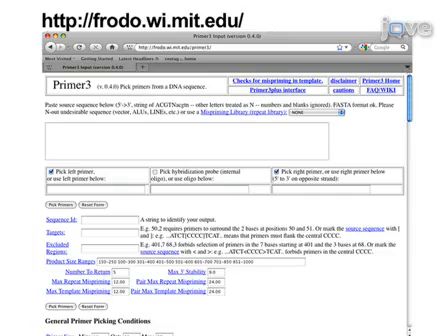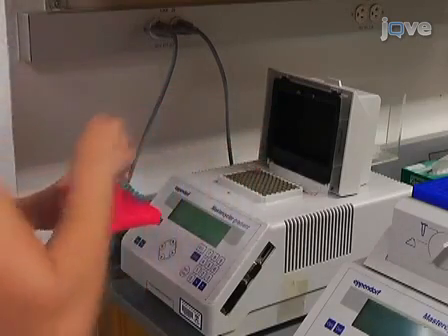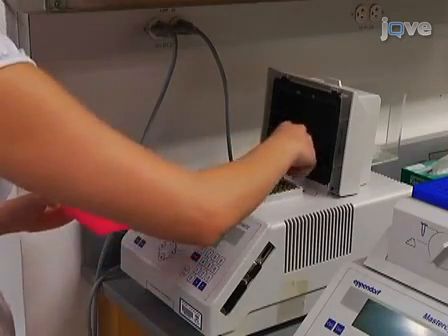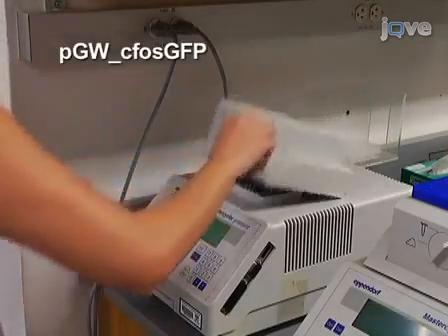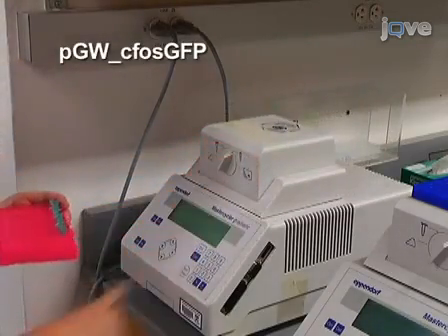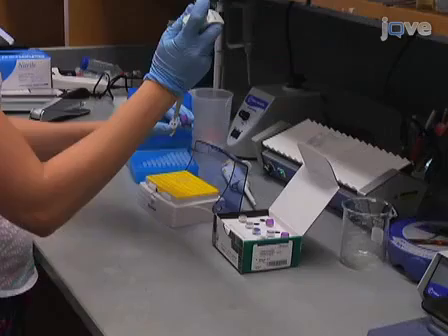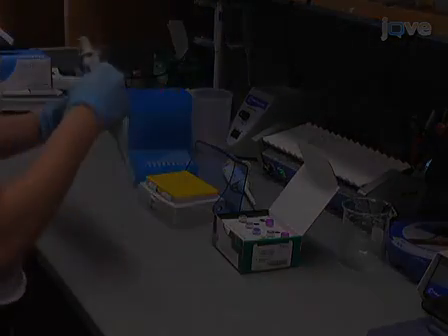Amplify the region of interest with a high-quality polymerase using human genomic DNA. Use standard laboratory molecular biology procedures to clone the amplified product into an expression vector. The vector used in this protocol is pGWCFosGFP, a Gateway destination vector. Following vector creation, Tol2 transposase enzyme, required for transposition, is first transcribed in vitro using the mMessage